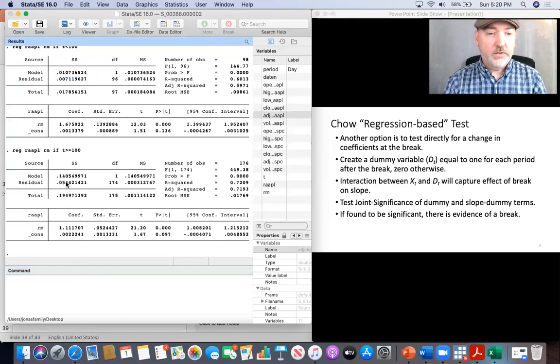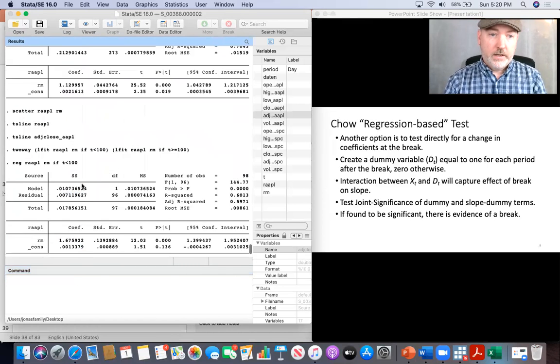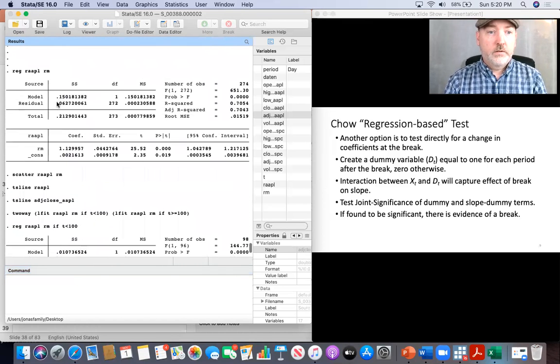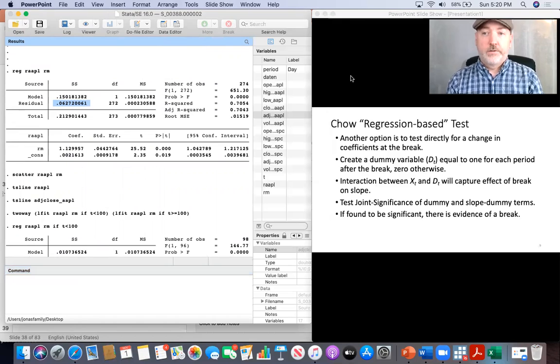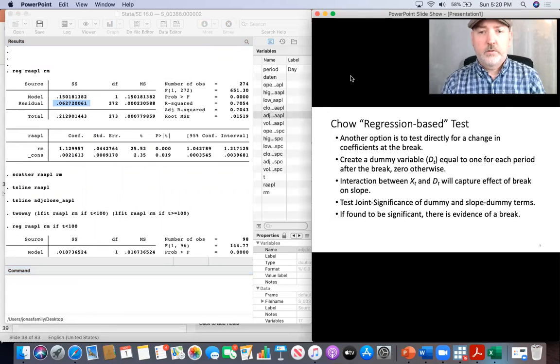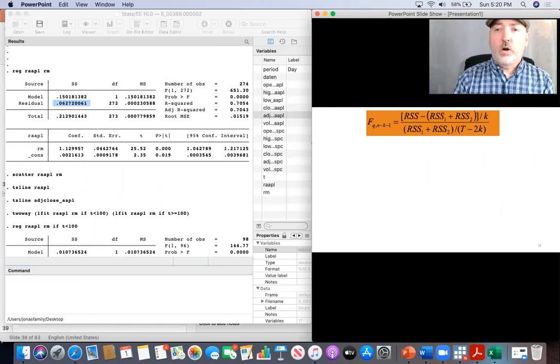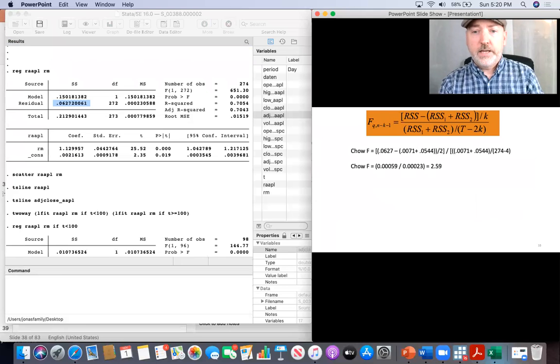Here is the RSS2, and then we also had the restricted model RSS from the full sample. Okay, so we wrote all those things down. We go to our F formula yet again, and we get our full sample value here,